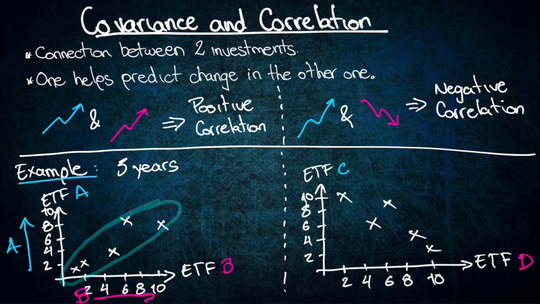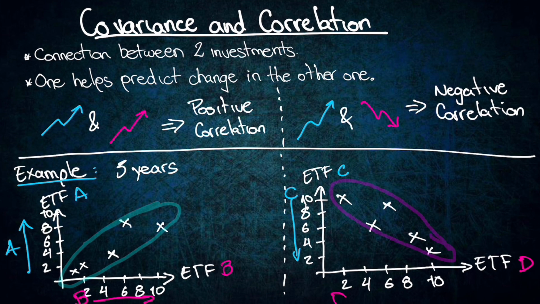Whenever ETF C is decreasing its return, ETF D is increasing. So that's why we have this negative slope. This is what we call negative correlation, because when one investment is going down, the other one is going upwards,